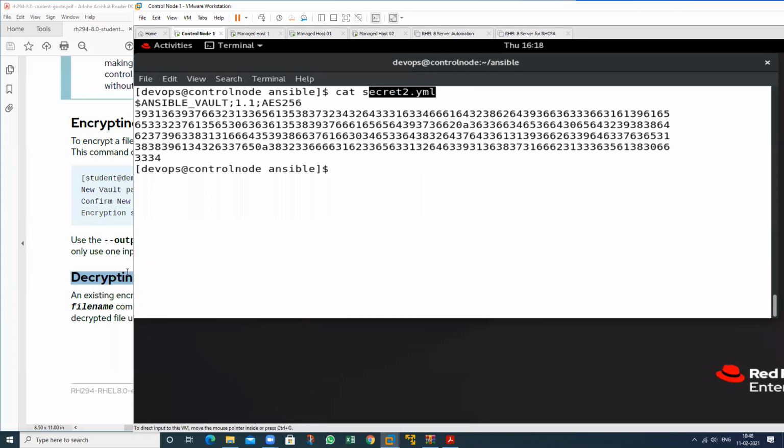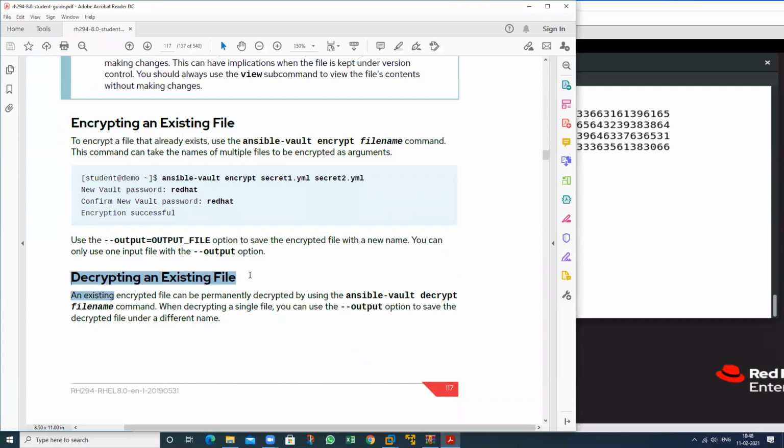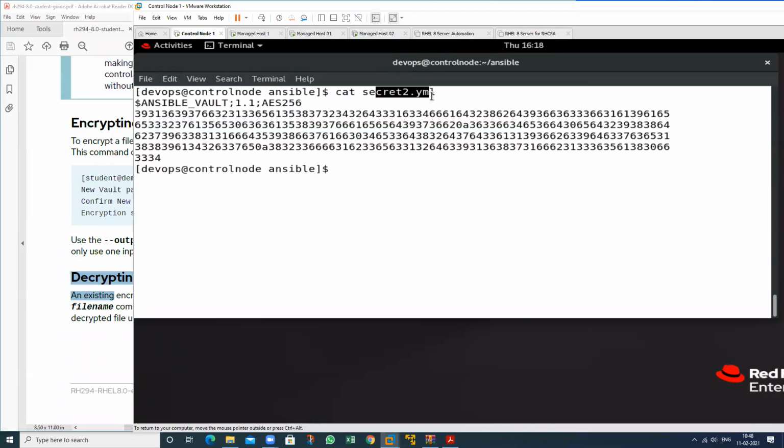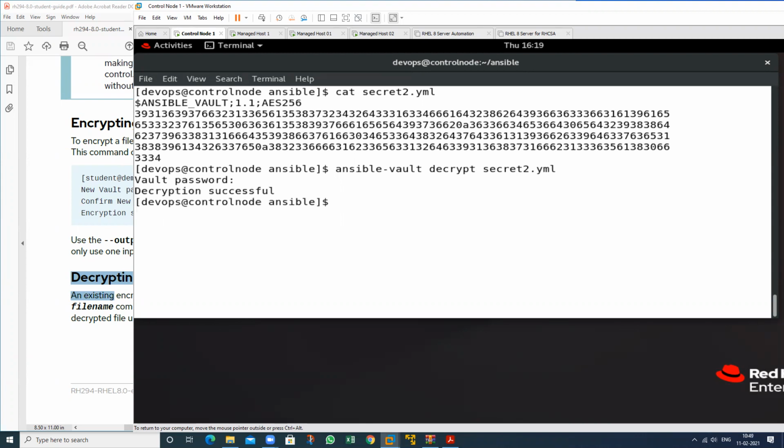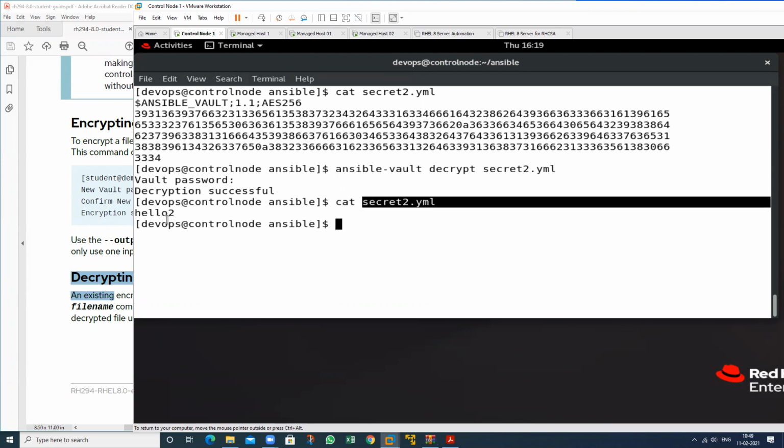Suppose you want to decrypt any file, then if I want to decrypt this particular file, just type decrypt, and which particular file, this one. Just apply the password again. Same password, sir. Same password. So this file has been decrypted. See, now I am able to see this one.